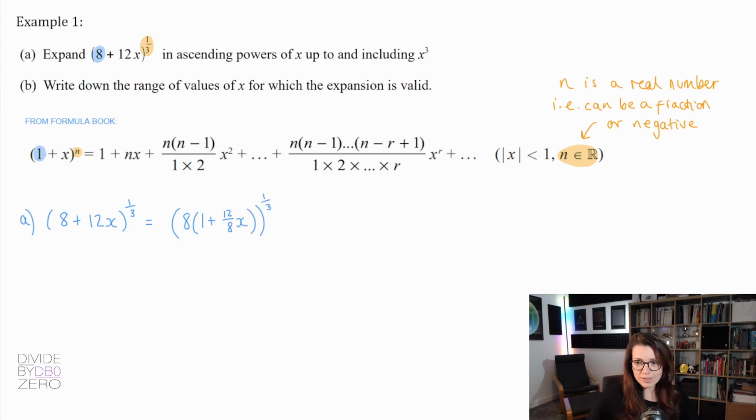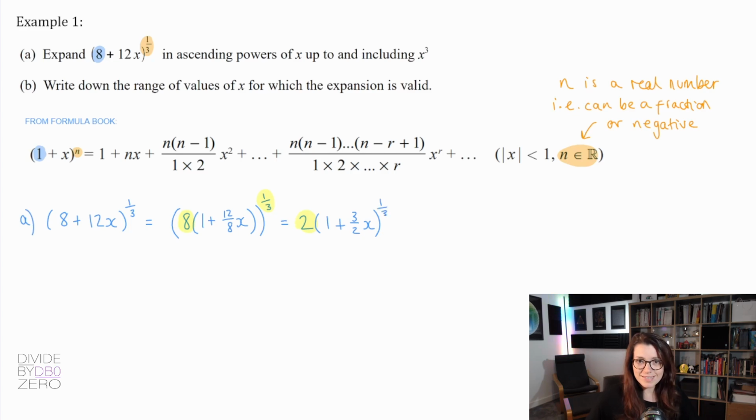Now, it's really important that you put the 8 inside the bracket, which then has the power of 1/3 applied to it, because you need to remember to do that as well. So 8 to the power of 1/3 is in fact 2. That's a really common place to lose marks there. The rest of it can be simplified a little bit. So the bracket could be written as 1 + 3/2 x, and then that is to the power of